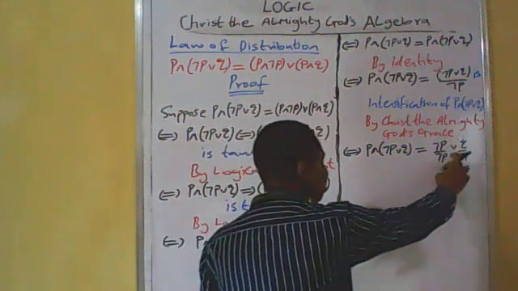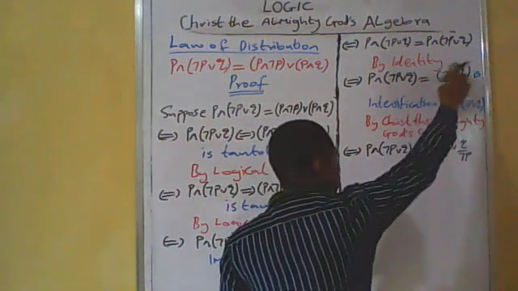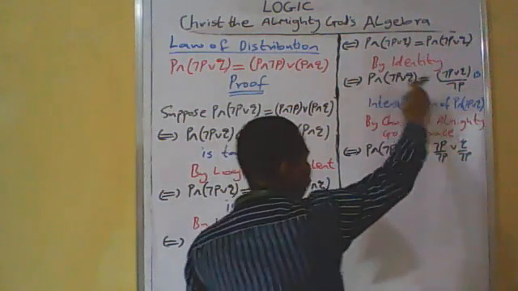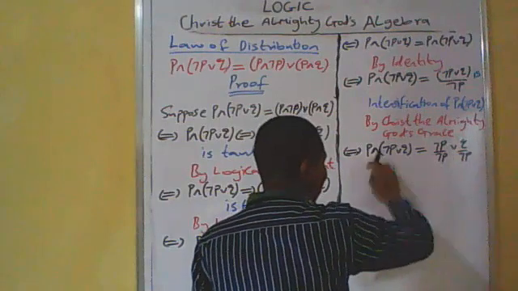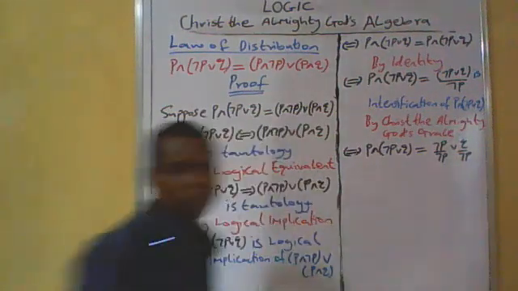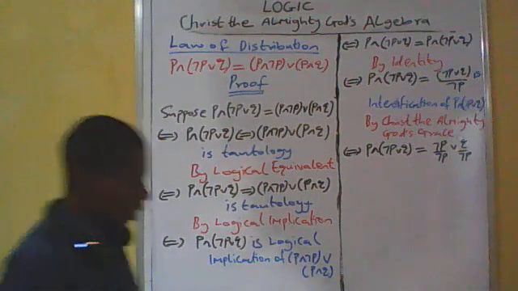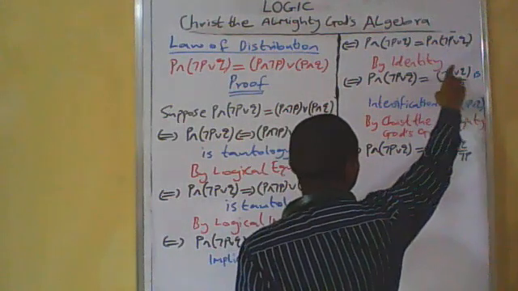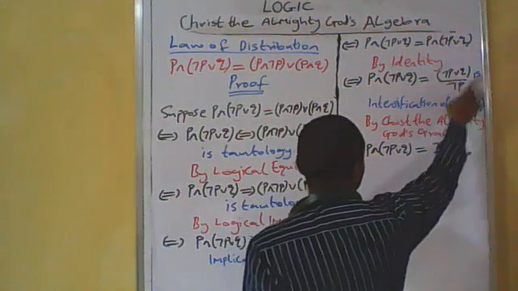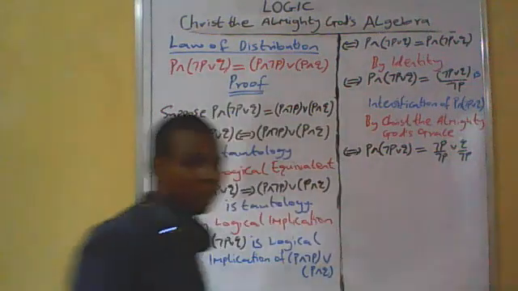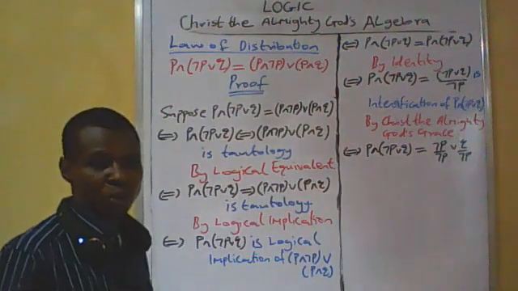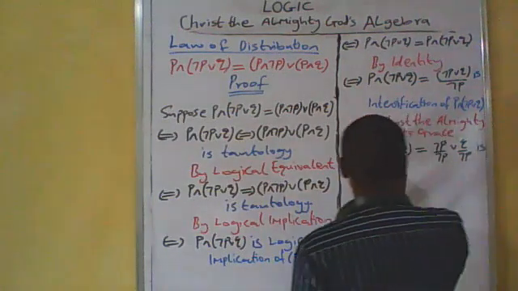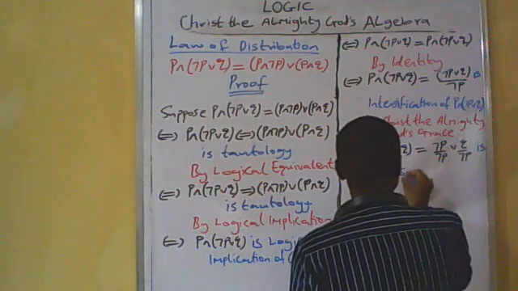It is tautology. Here it is not P or Q, while here is P and Q. So it's still intensification, because here is P and Q and here is tautology. So we split this not P between not P and Q by distribution of implication. By distribution of implication. So you say it is intensification